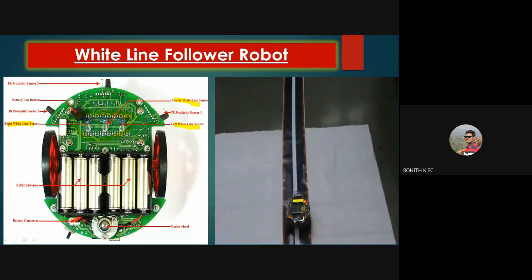It does not mean that it cannot be used for sensing black color. Since most of our roads have white color at the center and black colors on the left and right sides, they have labeled it as white line sensors, but it can also be used to sense black color or any other colors. Then we'll be using the center IR proximity sensor for detecting any obstacle which may be present in front